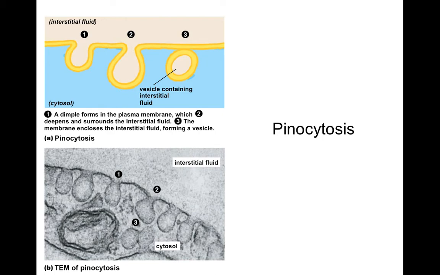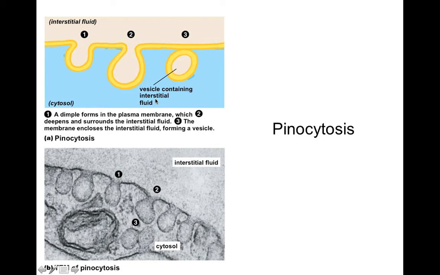But let me show you what I mean. So this is pinocytosis. Pinocytosis is going to be very similar to phagocytosis, except we're bringing in mainly liquid and not going to be bringing in a lot of solid matter. But basically, we're going to have an invagination, which then is going to bud off even more until finally the plasma membrane touches, and we have a vesicle containing interstitial fluid, which is then going to come inside the cytosol